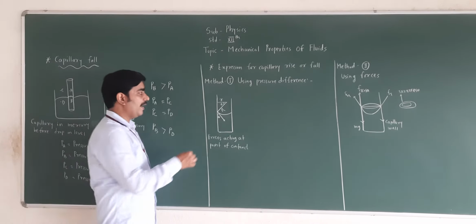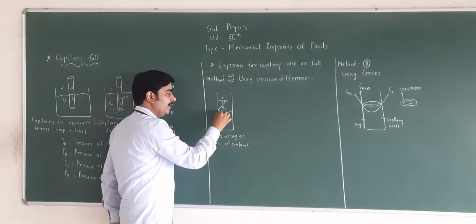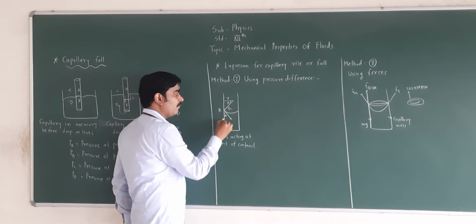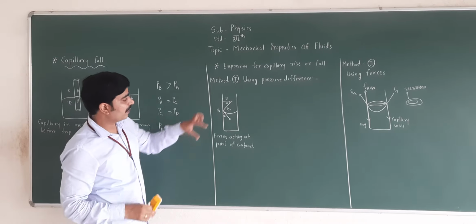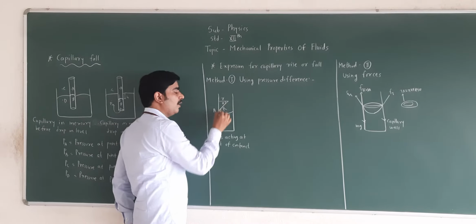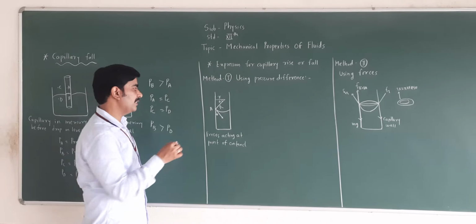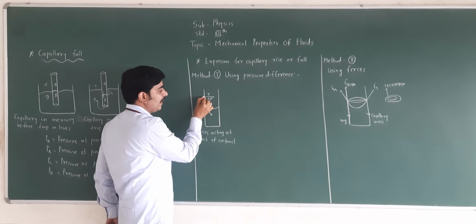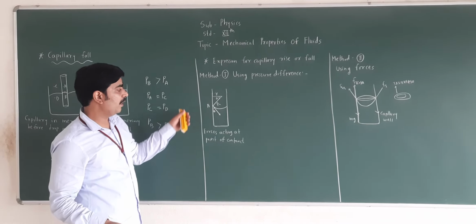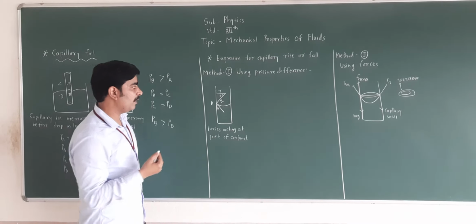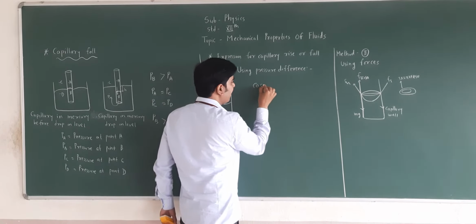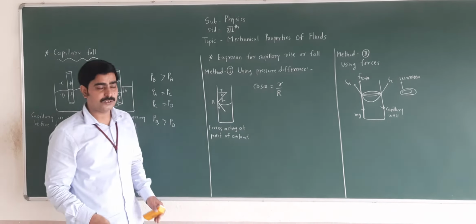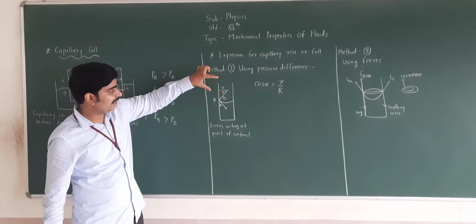Here I have drawn one capillary tube. This is a liquid drop. On this liquid drop, this point A is the angle of contact. Now here capital R and small r are the two distances. This is the radius from point A to the liquid meniscus, and this is a perpendicular distance. So here we can apply the cosine formula. So cos theta is equal to small r upon capital R. What is the formula for cos theta? Cos theta is equal to adjacent side divided by hypotenuse.